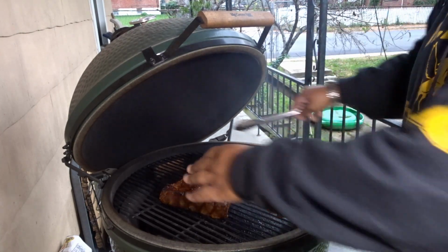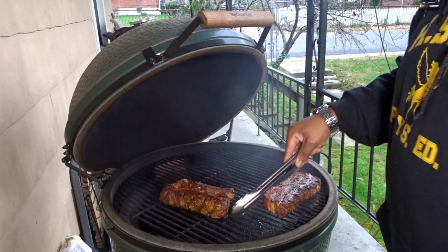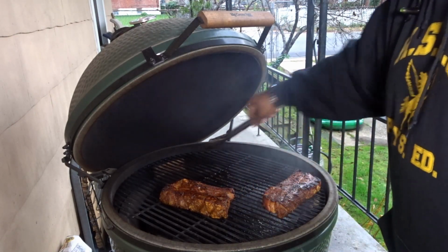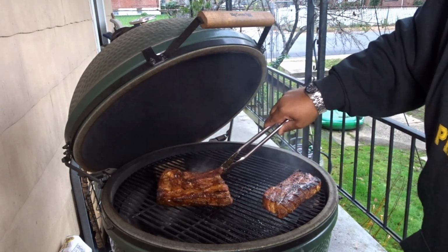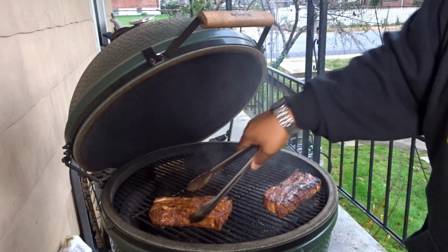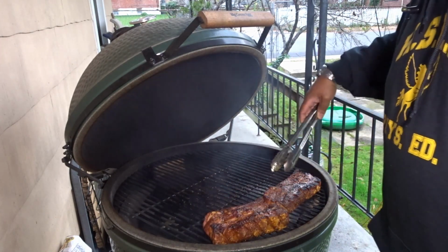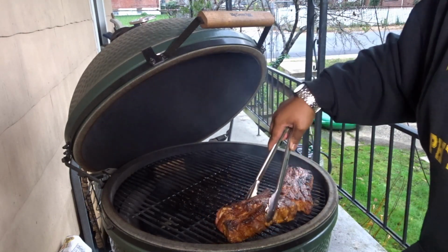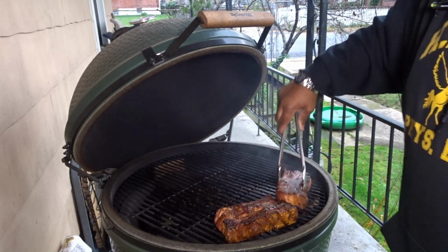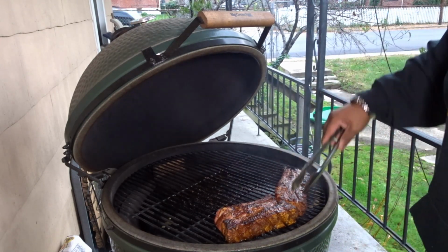So the diverter plate, there's 3 openings on the diverter plate. The way I have it set up, there's one on the front, one over here, and one over here. I'm basically moving the pork belly to the edge of the smoker here, the grill, and I'm trying to get this skin crisped